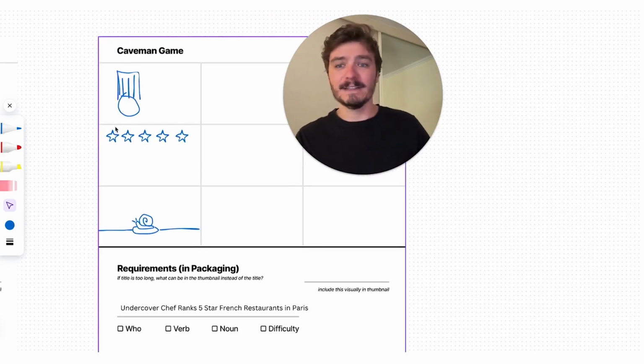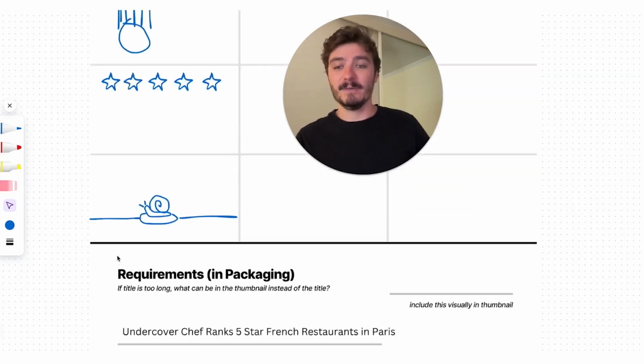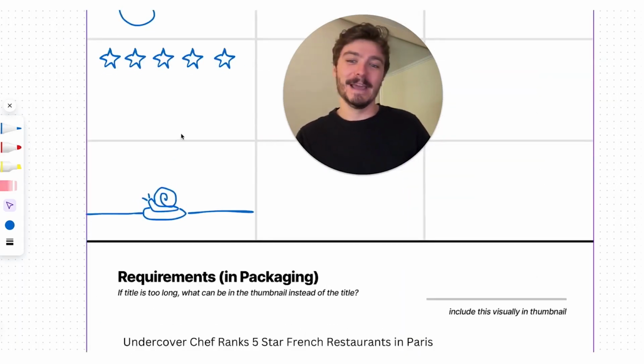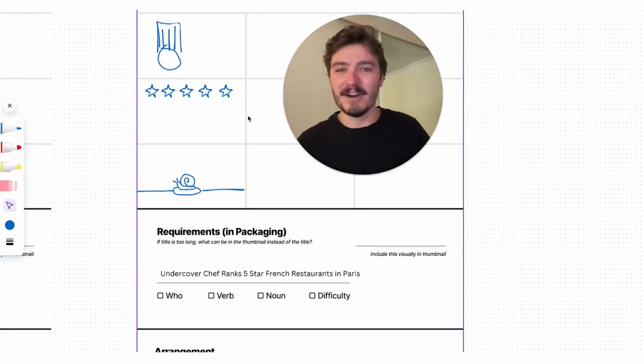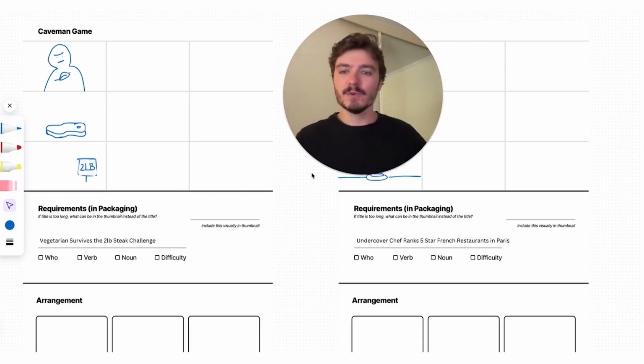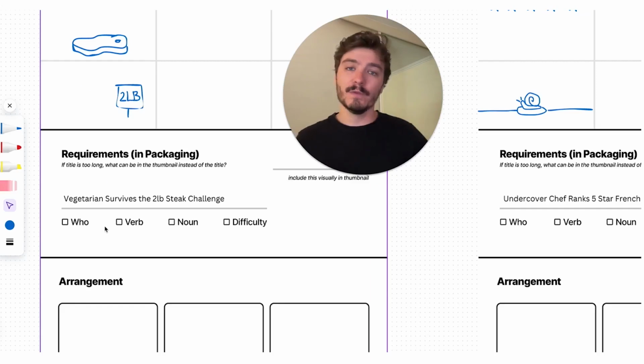That is a chef hat. We have 5-star, and we have a snail on a plate, snails being the very stereotypical French dish. So these 2 titles here are quite long. So the first thing that we're going to do is just ensure, do we have all of these different requirements